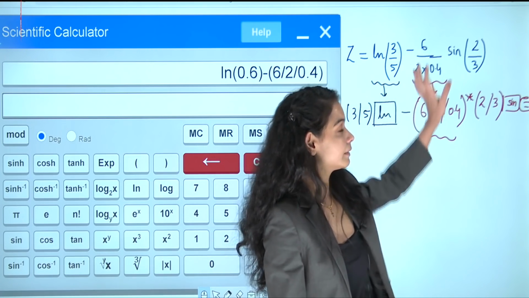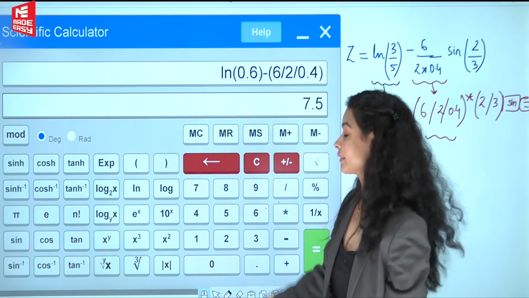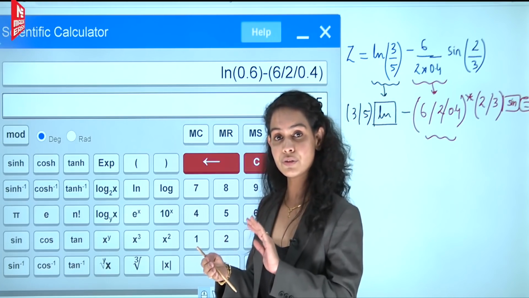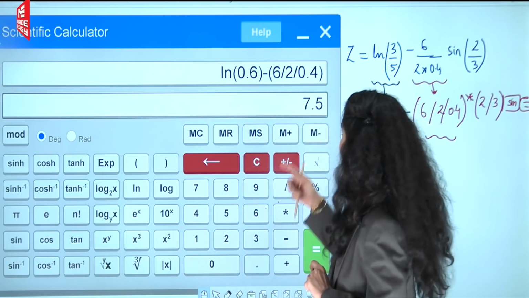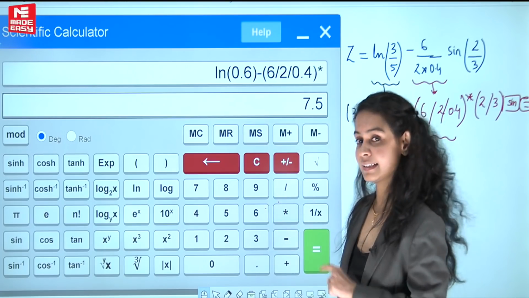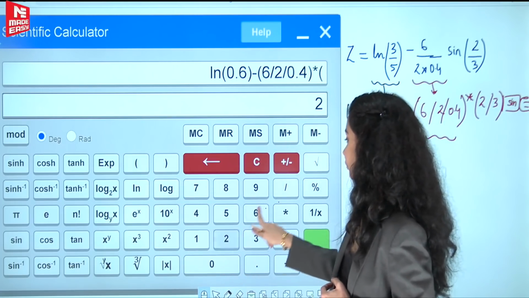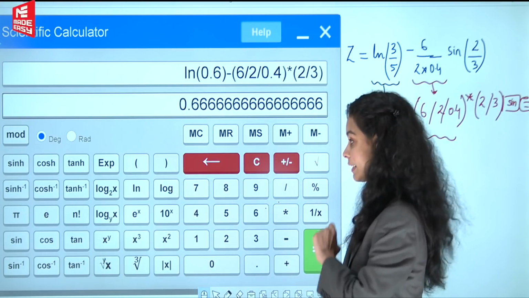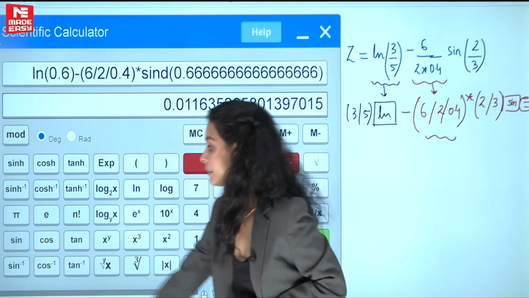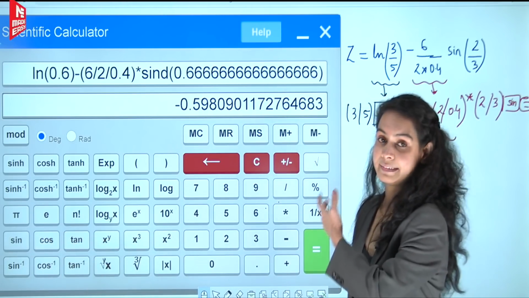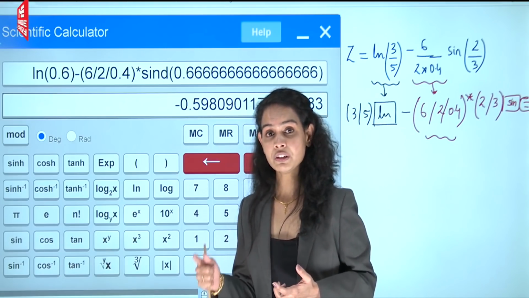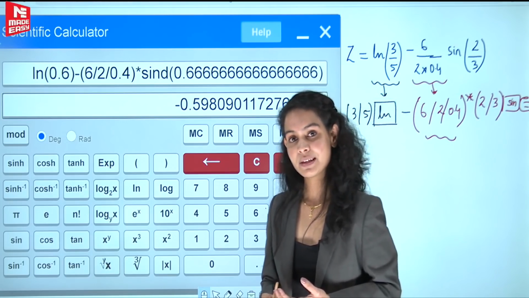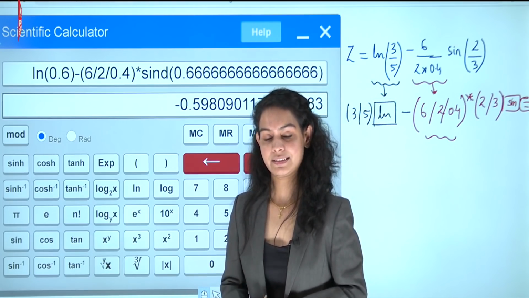So this particular term, you have already fed in this data. Then it is sine of 2 by 3. So for this, again you have to enter the value of x first, which is 2 by 3. So again after this, put a multiplication sign, open the bracket, 2 divided by 3, close the bracket. This is your x value. Then the function tab. Function tab is sine. So press sine and then press equal to. There you get your answer. So in one go we perform this calculation without writing a single value in our rough sheets. This way you can practice and master the calculations.